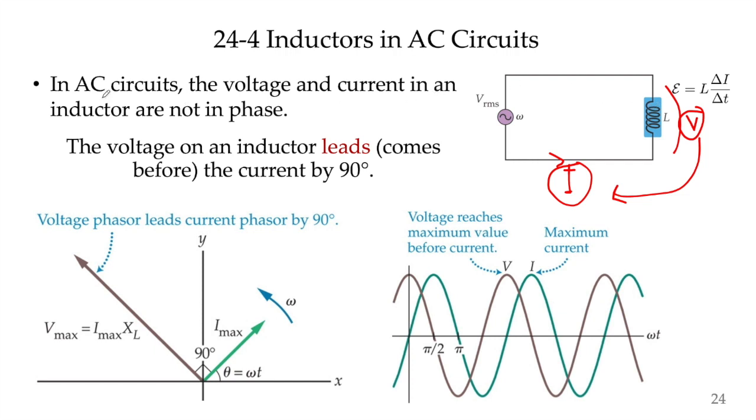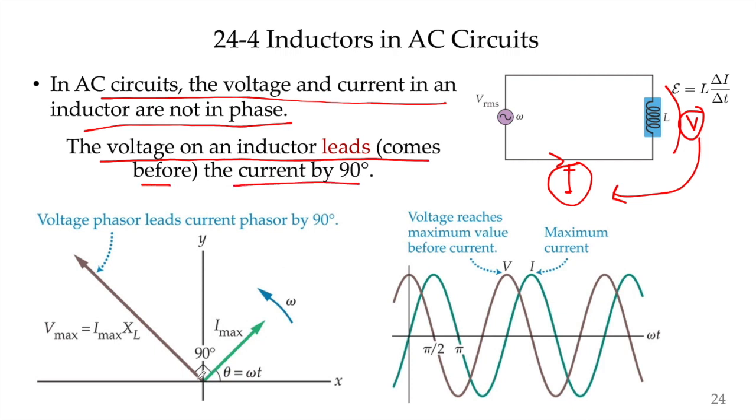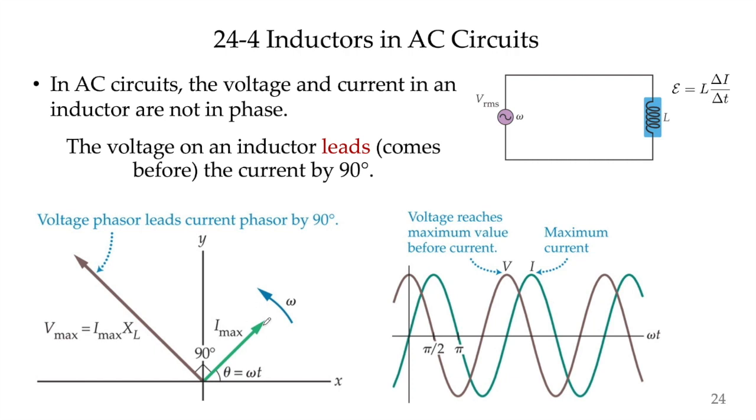the circuit? So in AC circuits, the voltage and current in an inductor are not in phase, just like capacitors, but there's a difference here. The difference is that the voltage on an inductor now leads. It means it comes before the current by 90 degrees. So again, start with the current here. Now the voltage on the inductor is not behind as in the case of capacitors, but the inductor voltage now is leading, it's in front of the current. So that means